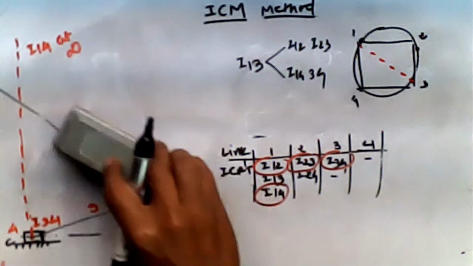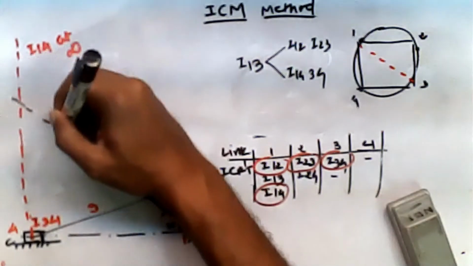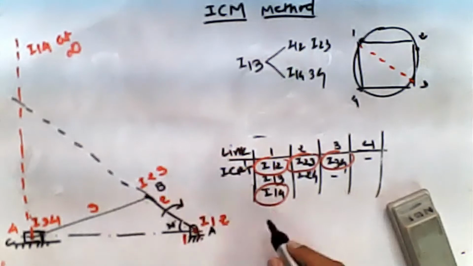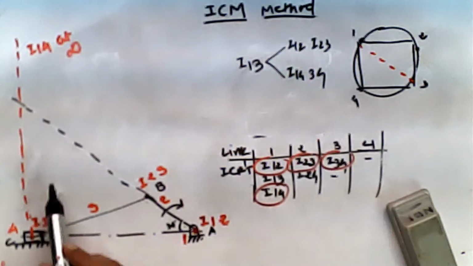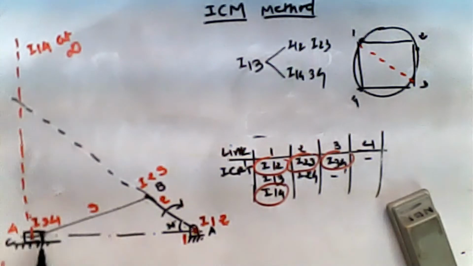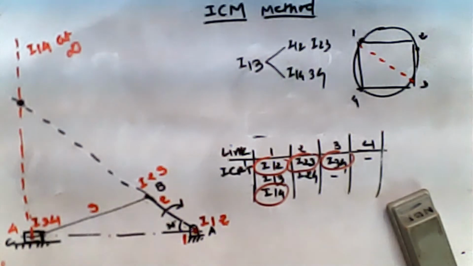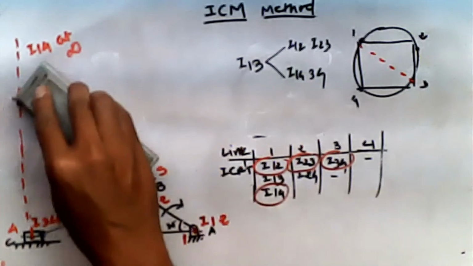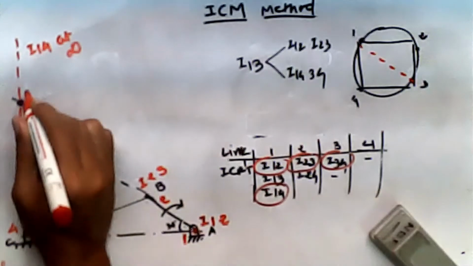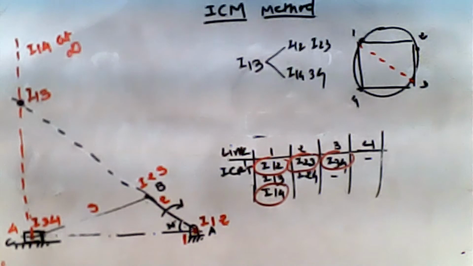Let me make a dotted line. I'm simply extending this, joining 2 3 and 1 2 and 1 4 3 4. Now 1 4, we know that it is exactly perpendicular to the line of stroke, correct? And 3 4 is this, so it will intersect somewhere here. So this instantaneous center is your 1 3. This is neither a permanent nor a fixed instantaneous center.